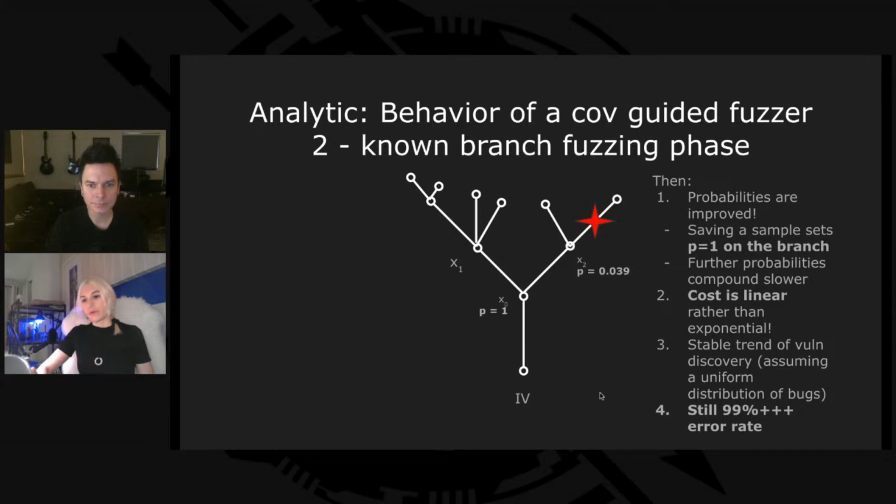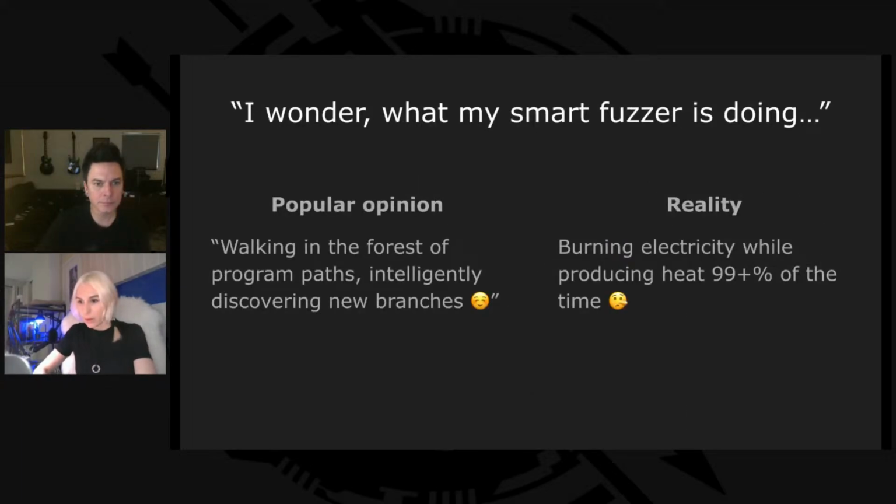But still there is a high error rate, and still there are some low probabilities. So my point here is that I don't want to discount fuzzing or coverage-guided fuzzing. It's not even possible to discount, honestly, because it's so successful and there is a track record. My point is, if something so unproductive, like a process that fails at least 99% of the time and keeps losing exponentially, can be so successful, then what could be possible with a really more intelligent approach?